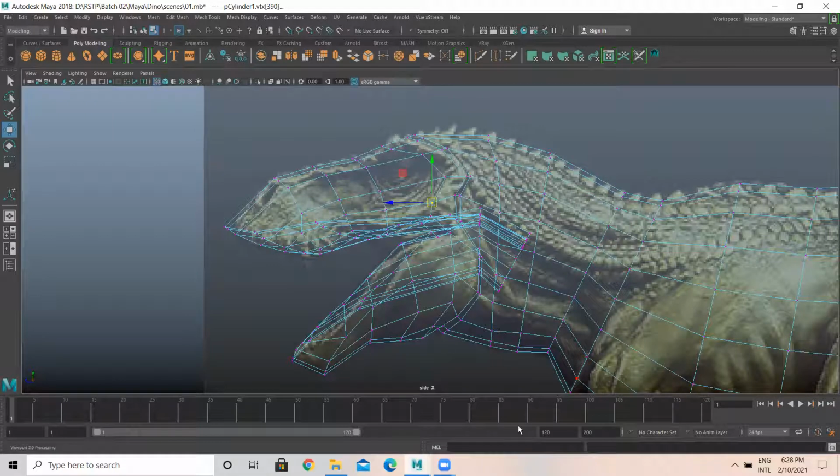So I need to add one mesh here, like this. I'll be adding one edge loop here.